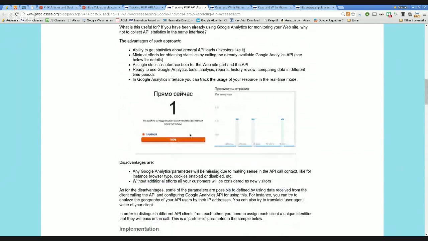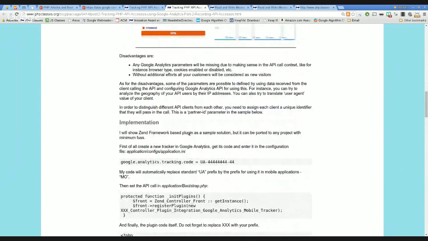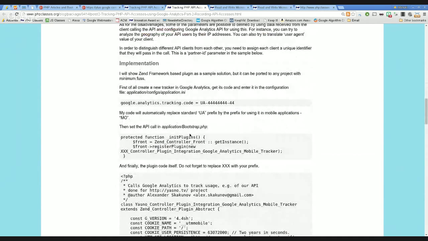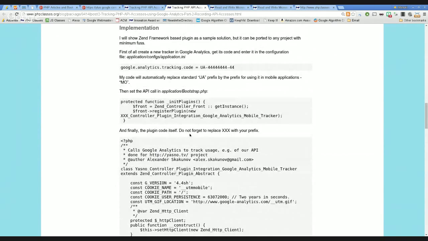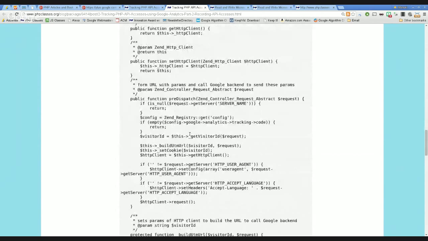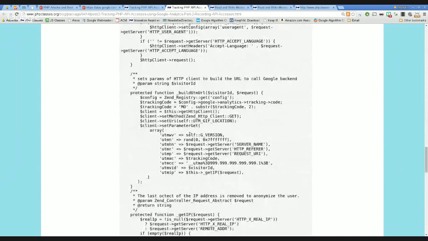So you have an idea of what is going on. Again, there is some code here to demonstrate what you need to configure to make it happen. So it is a very interesting article,